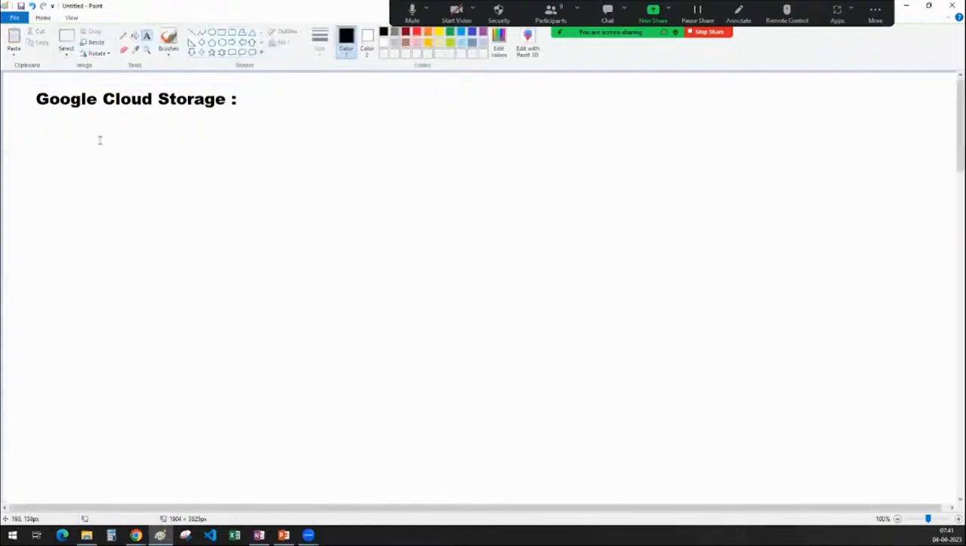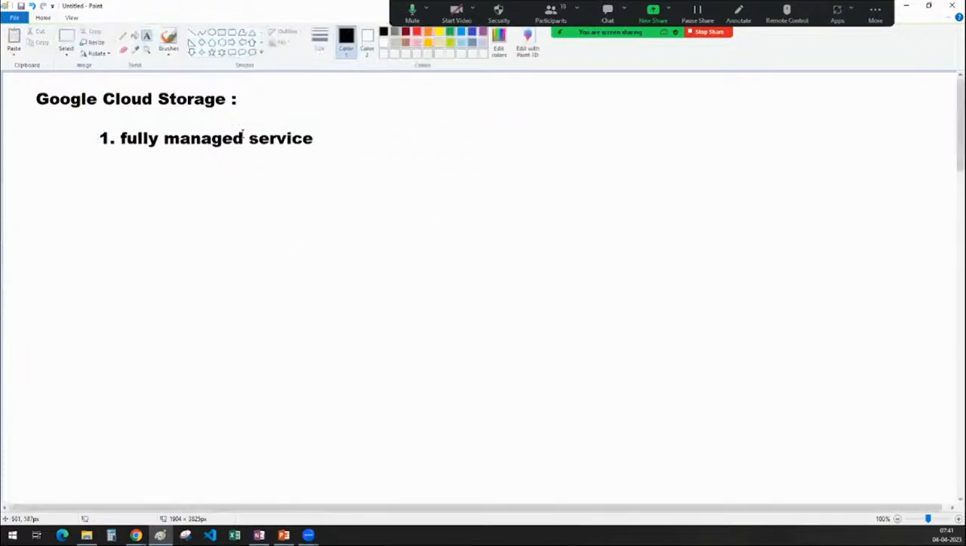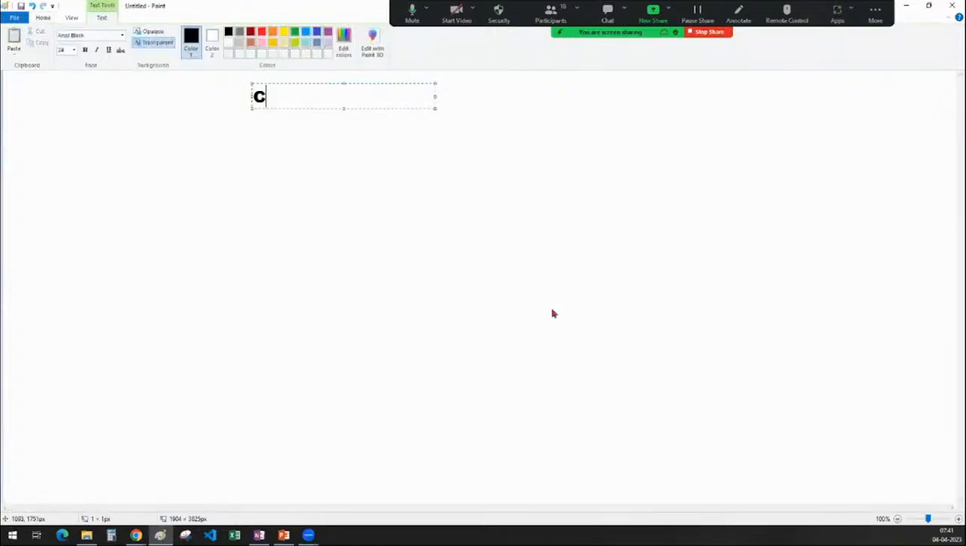Okay, sir, Google Cloud Storage is one of the fully managed services in the GCP. What do you mean by that, sir? What is meant by a fully managed service? Sir, I want you to understand what is meant by fully managed. For the very first thing, I will try to tell you. Sir, if you go to any cloud platform,